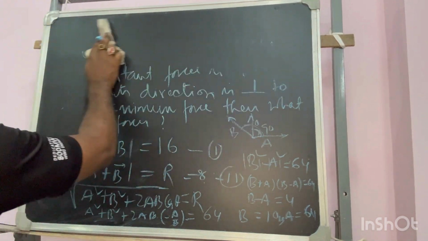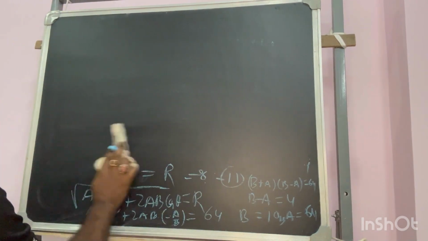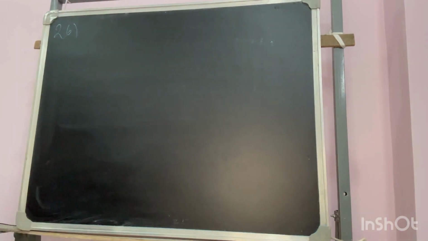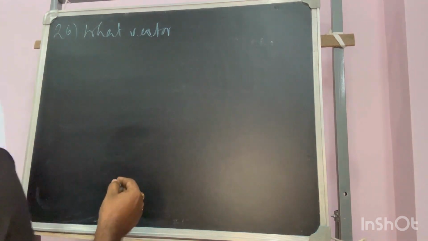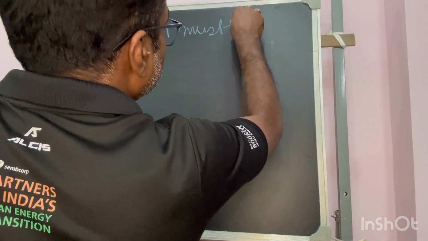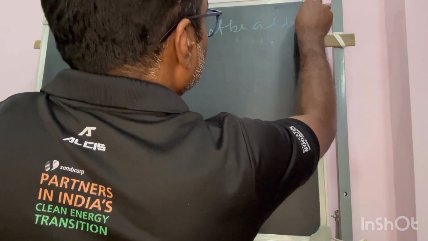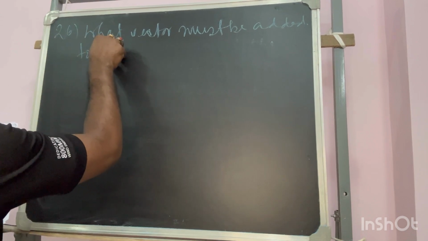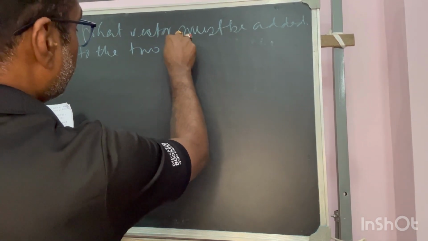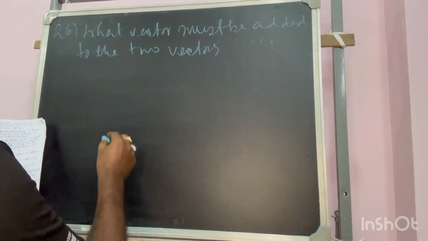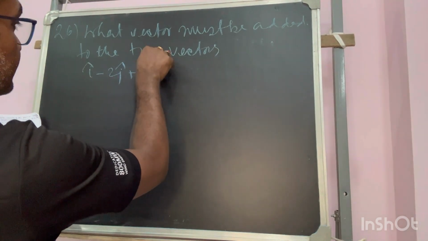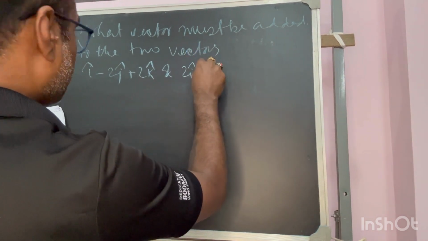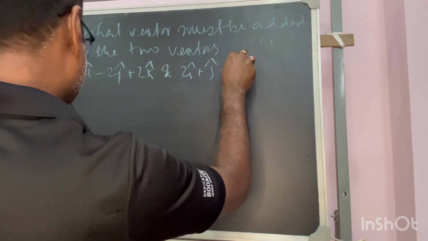Moving to problem number 26. It says: what vector must be added to the two vectors, which are given as i minus 2j plus 2k and 2i plus j minus k,